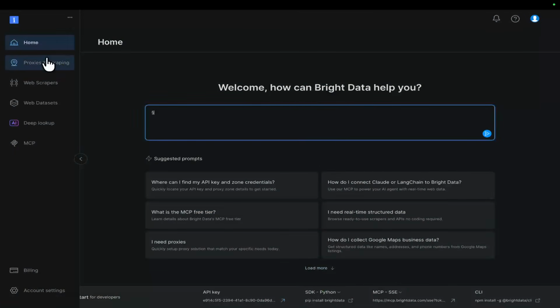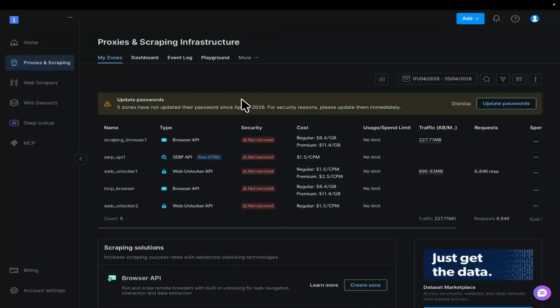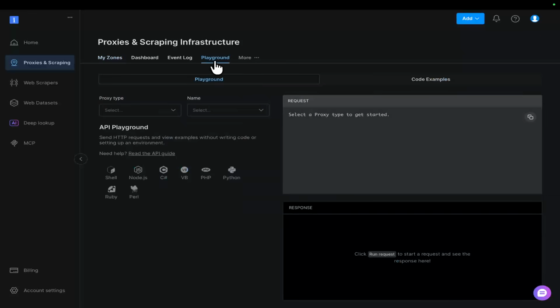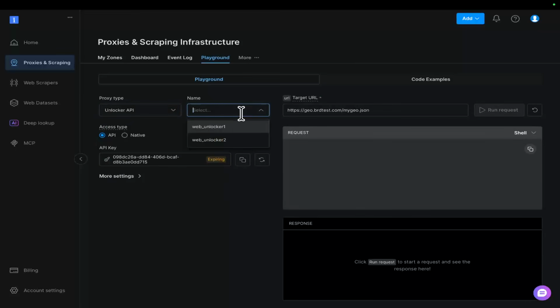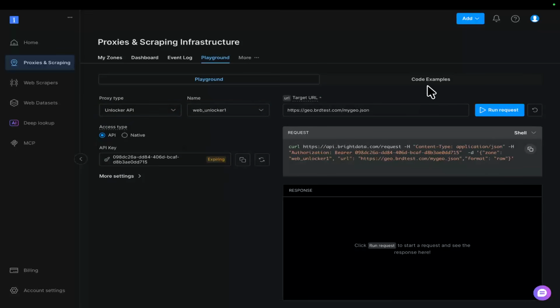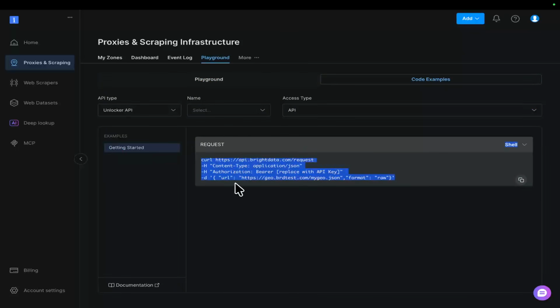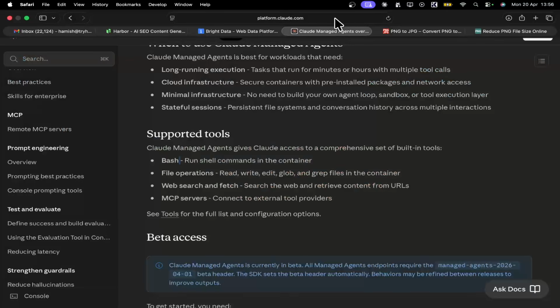But all you would have to do is just go to a piece of code that you want to use. So let's go to Playground here and let's select the Unlocker API because that's the most useful one in my opinion. All you would do is either go to Code Examples or Playground, just grab this getting started right here, right? Copy this, give this to Claude Code and tell it that you want a new tool that uses Bright Data in order to scrape a website. If you don't know, the way Bright Data works is something like